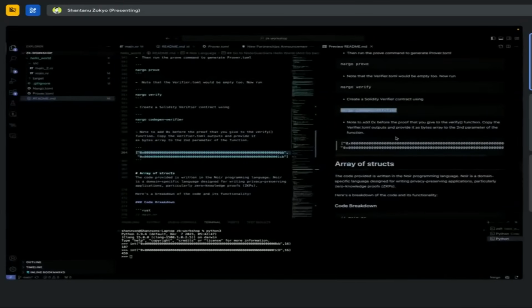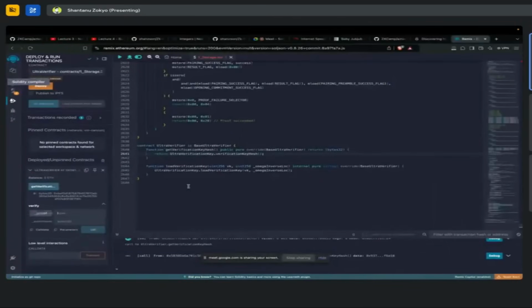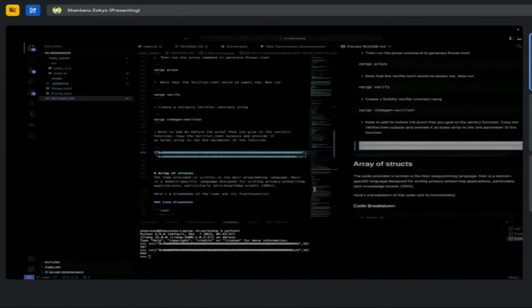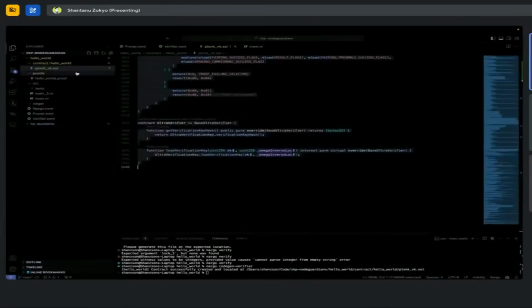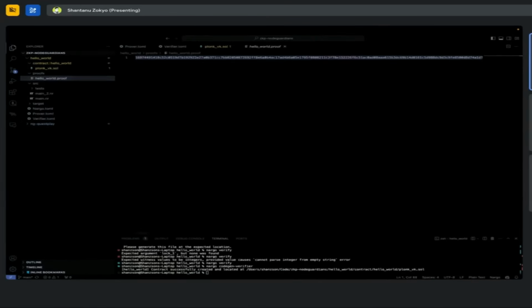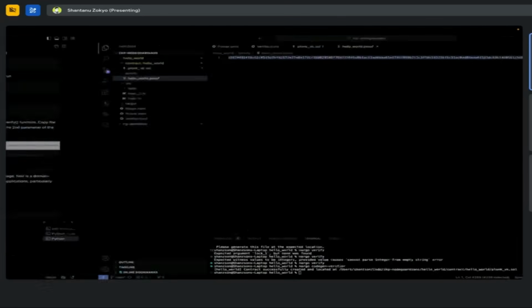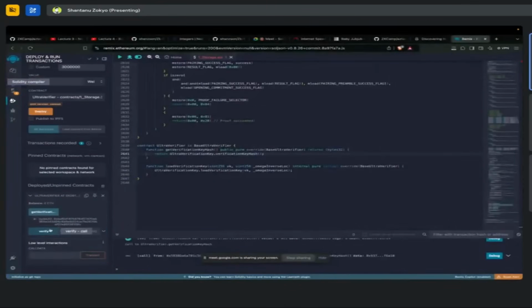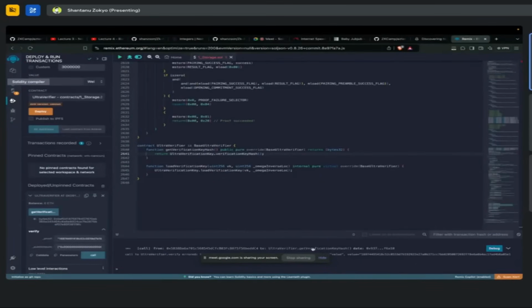So let's try to run this. I already have this. The public inputs are lock 1 and lock 2, which I have pasted here, which we know are 187 and 459. And the proof is basically this complete proof, which we had generated. I'm just copying this and pasting it here. And, yeah, I call the verifier